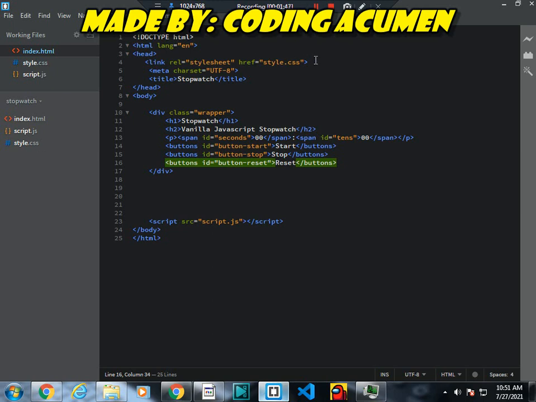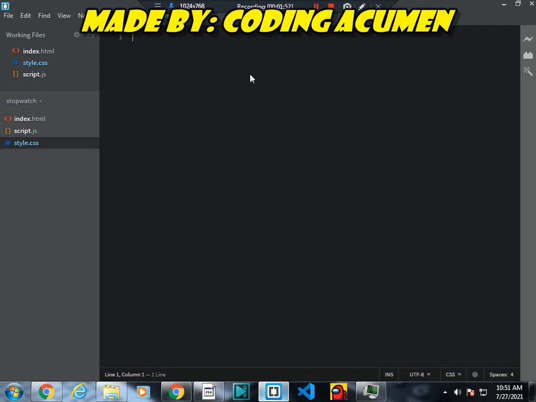Now it's time to style it. So I have already linked this file with this CSS file. So here I need to write body and here I will write background color 40739E. So after this I will write .wrapper. So I will copy this because we need to type it again and again. So here I will write height, and I need to set the height to 15 pc and the width to 21 pc.